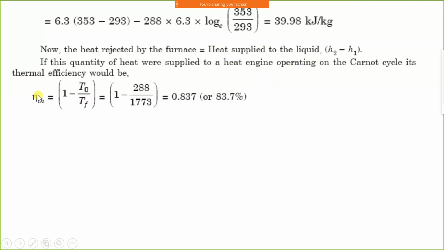Therefore thermal efficiency of furnace, maximum efficiency, is equal to 1 minus T0 upon Tf. T0 is the surrounding temperature